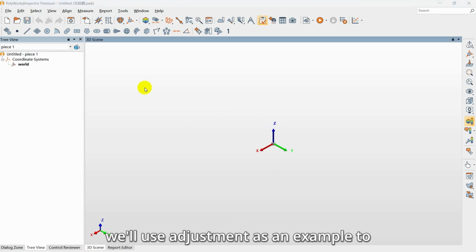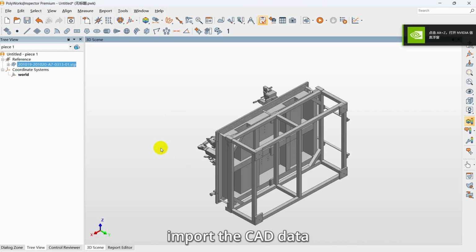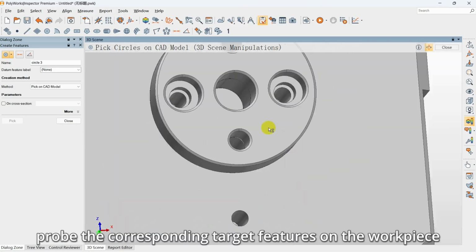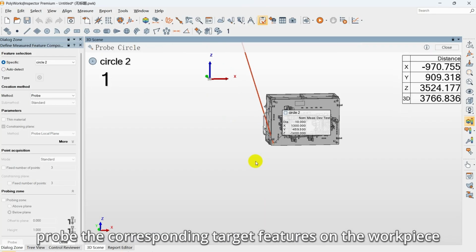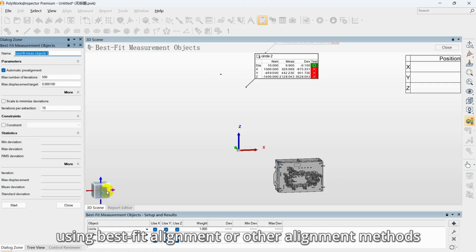Here, we'll use adjustment as an example to briefly demonstrate the basic operation process. First, import the CAD data. Select the target features in the CAD model. Probe the corresponding target features on the workpiece, and then establish the coordinate system using best fit alignment or other